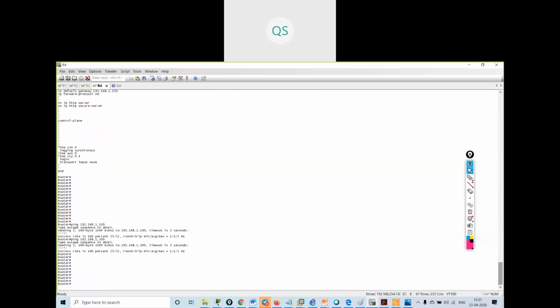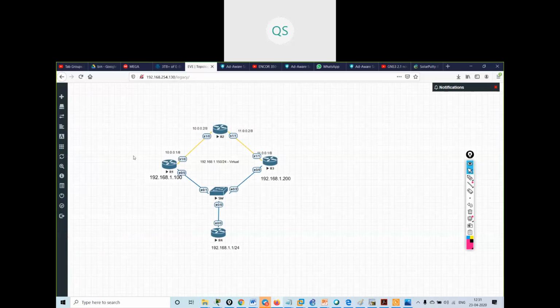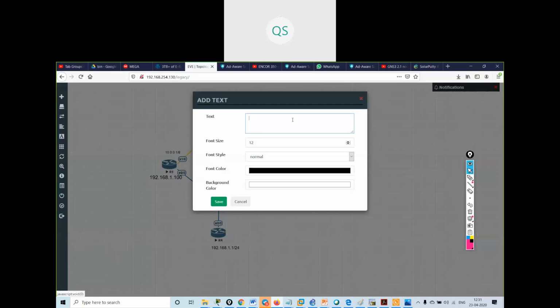Okay, then what I will do, I will configure now. I will configure this as my active router, as I told you.